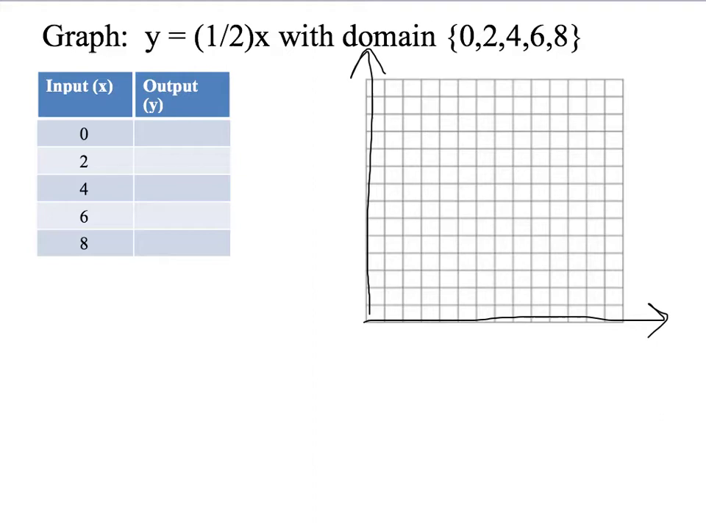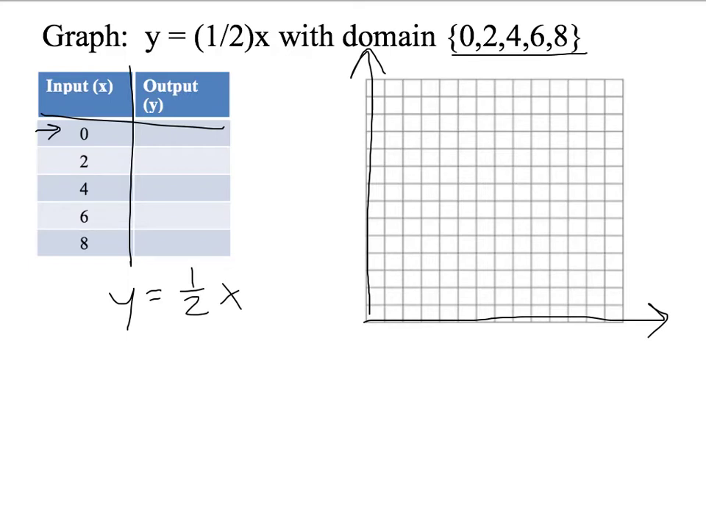The easiest way to solve a problem like this is to make an input-output chart, like this one over here. On the left we put our inputs, so 0, 2, 4, 6, 8, those were our domains listed here. And on the right we're going to go ahead and calculate our outputs. So y, which is our output value, equals 1/2 x, and we can start substituting our input values for x